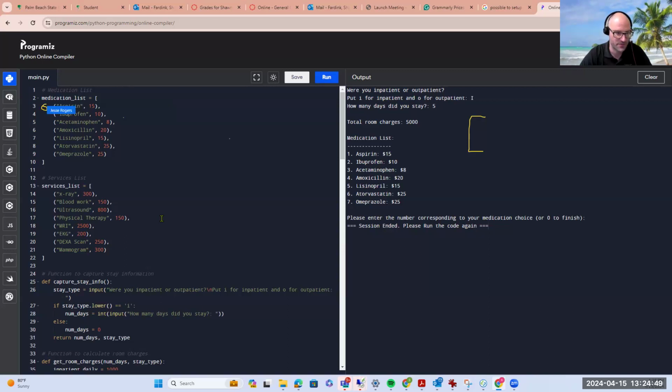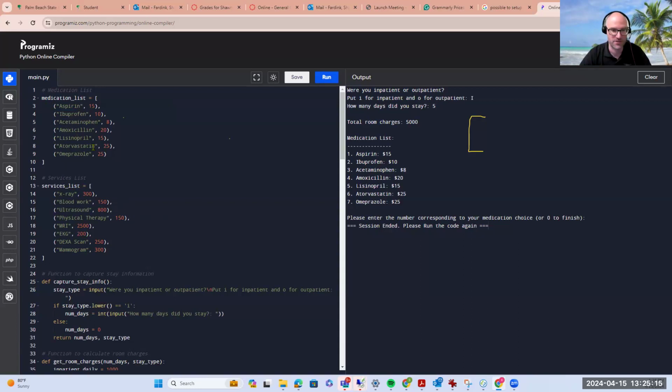Then ibuprofen 10, that's index 1. And then acetaminophen, that's index 2, and so on. That's how we think of the address of that data, if you want to think of it that way. So if it wasn't programmed to +1, it would have run an error or wouldn't have lined up with what